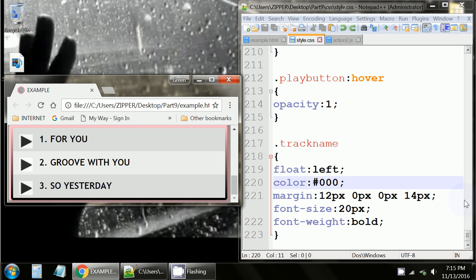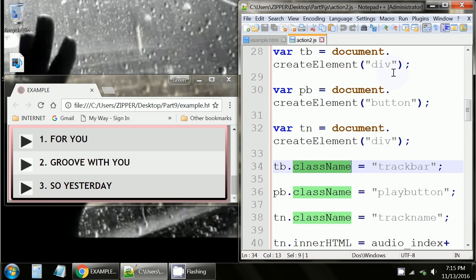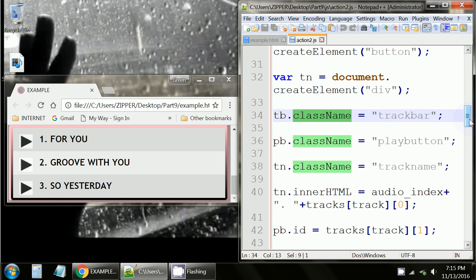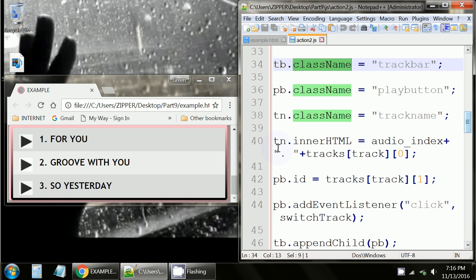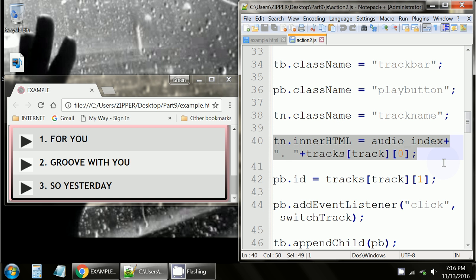Alright, so I've shared all the new styles in the external style.css file. Close out of that. And I'm still working on the action2.js for this particular section. I went over these class names and their classes in the external CSS file. Now we have this TN, which means the track name .innerHTML. So now we want to fill this up. And what are we going to fill it up with? Well, we're going to set it equal to